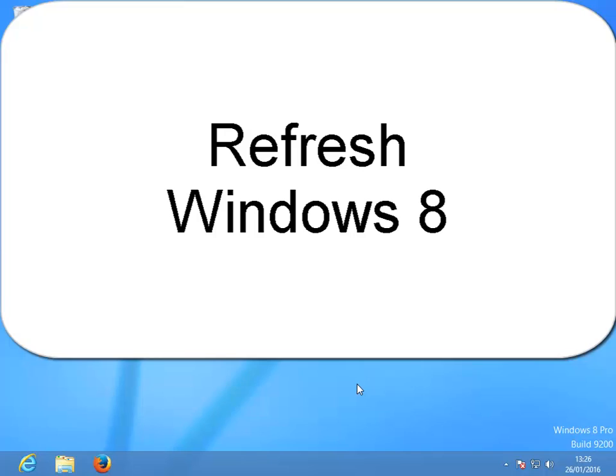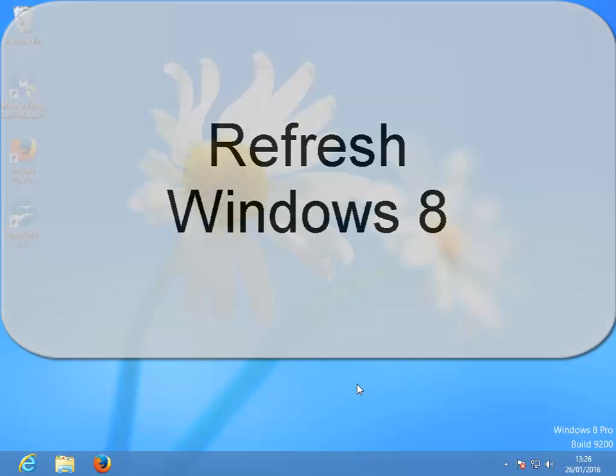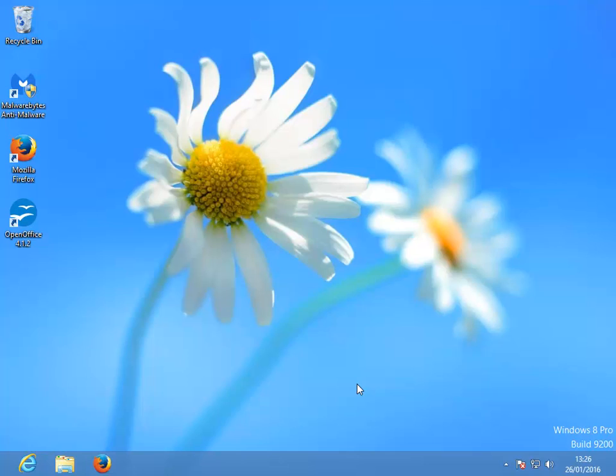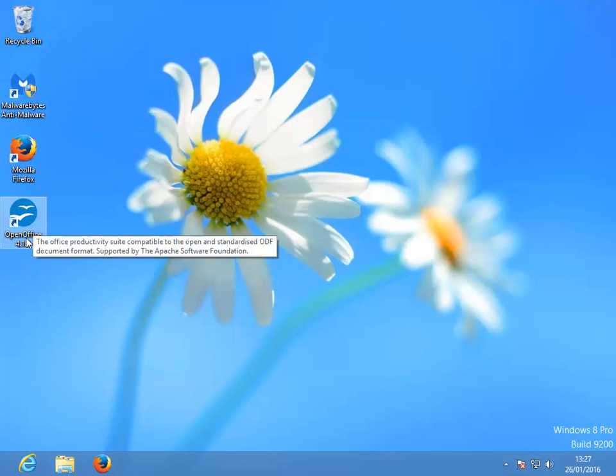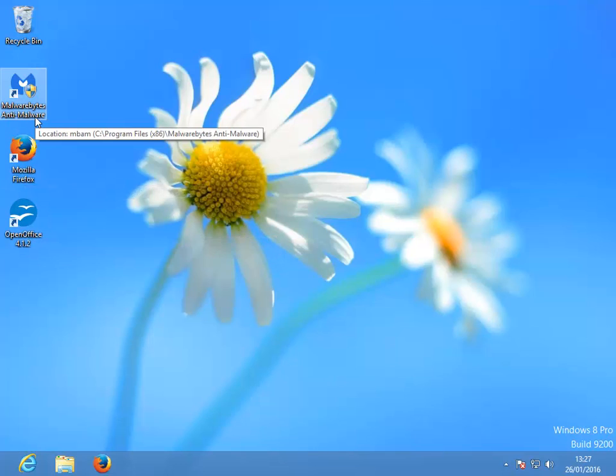So before I start resetting, this is Windows 8. I just want to reiterate that it is going to fix any software problem that you have with your operating system, which is Windows 8, or if you have a problem with a program that you have installed, like say OpenOffice or Firefox or Malwarebytes or Photoshop or anything else that you have installed through a DVD or through a third-party website. And anything that you've installed from the Windows Store